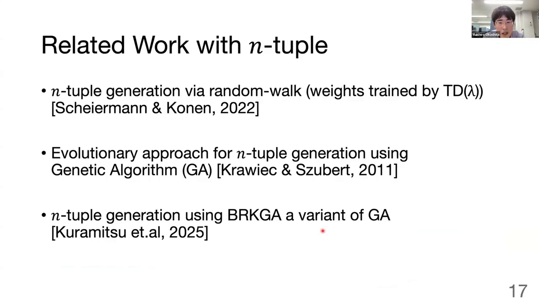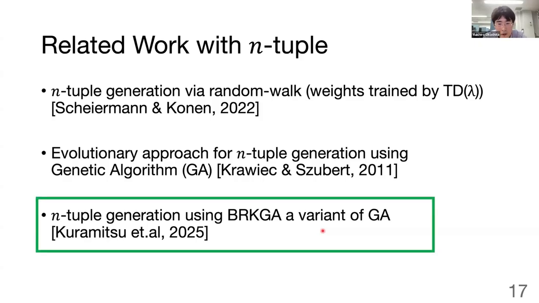I'll summarize the 3 main studies that informed our approach. First, there is a general game learning method using n-tuples generated by a random walk. While this approach is domain independent, its search for effective n-tuples is not efficient. The second work employs an evolutionary approach. However, its search for n-tuple shapes is inefficient, as new shapes are introduced only through the low probability mutation phase. Due to time constraints, I will now focus on this third study by Kramitz et al., as it's the most relevant to our own work.